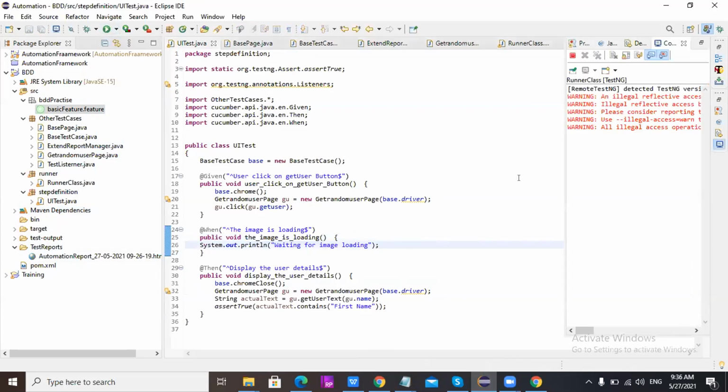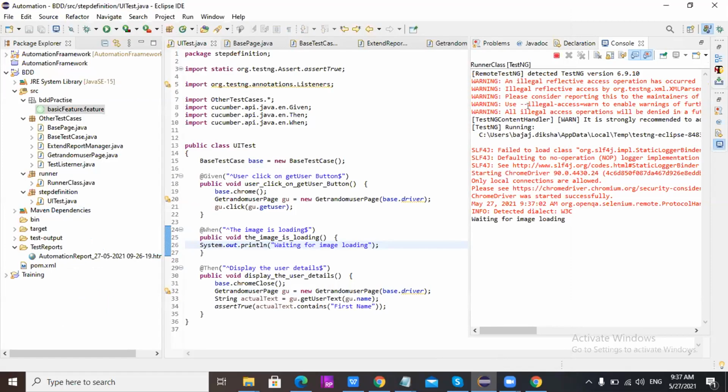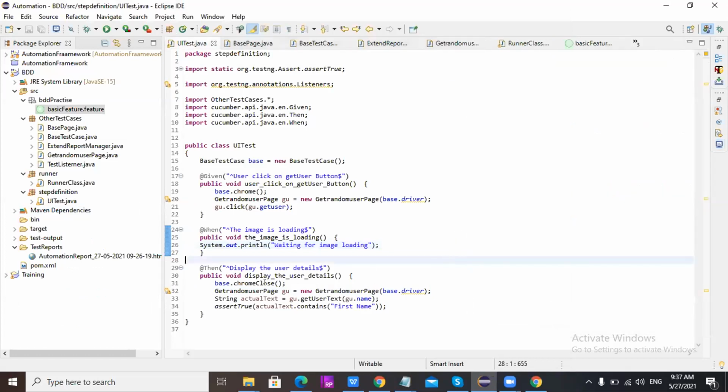Why are you opening two browsers in a single scenario? Just comment that. No, it's the step, the close. So you should close after the method execution, right? At line number 34, not before. Yeah, it's coming. Yes, it will come for sure. You have closed the browser earlier, so it will fail.